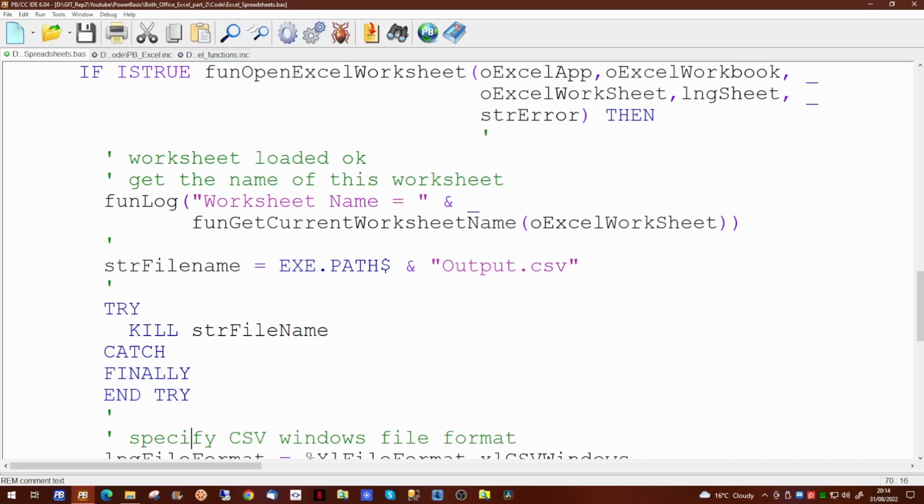So what we've achieved today is we've taken the common Excel functions and we've put them into a library. We can then use this library within any application that needs to access Excel, and it's something we can build on for future applications. It makes the code writing much easier. Plus, we've added a couple of new functions to tell us how many worksheets exist in a workbook and to pull back the name of a worksheet. So where your application needs to read an Excel spreadsheet and the sheet it needs to read is not necessarily in the correct position. It may be in sheet 1 or it may be in sheet 3. This way we can test for the name of that sheet and act accordingly.